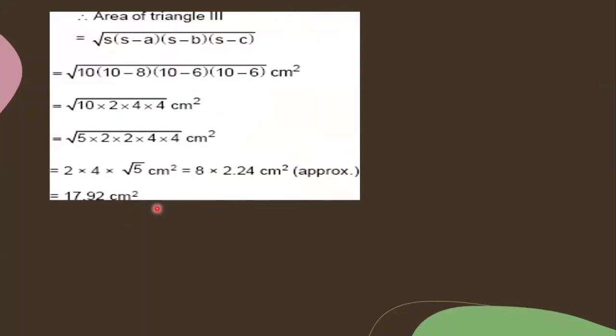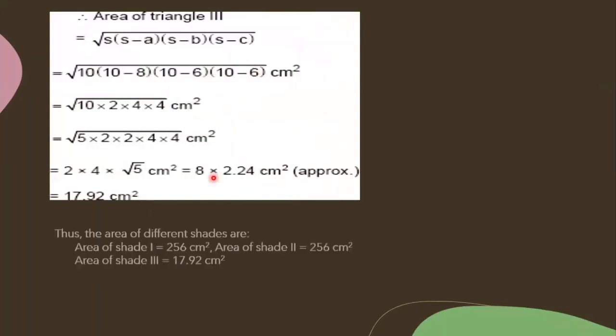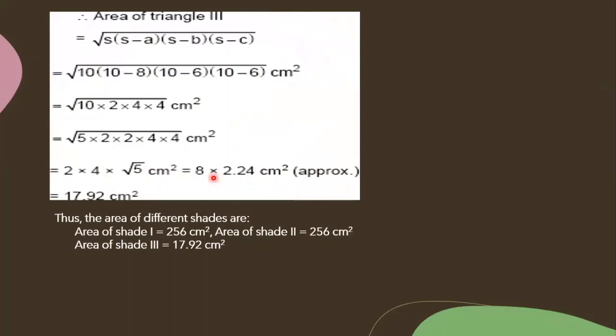They did not ask us to add. They just asked us to find the area. They just asked us to find how much paper of each shade has been used. That's it. We have used 3 colors over there. Just they ask us to find the area of 3 shades. That's it. Any doubt, children? No, ma'am. So the areas of different shades are: first one 256 centimeter square, second one 256 centimeter square. So any doubt in the 7th question?